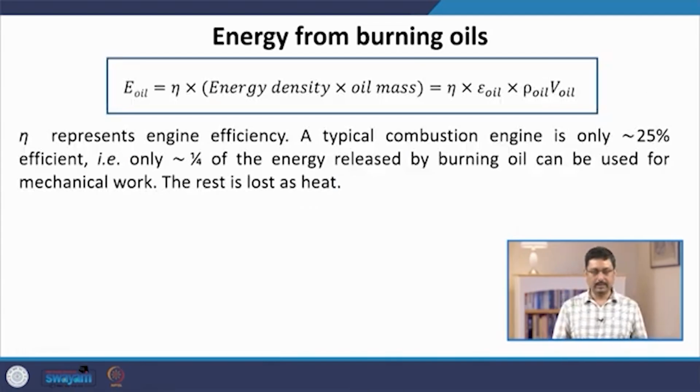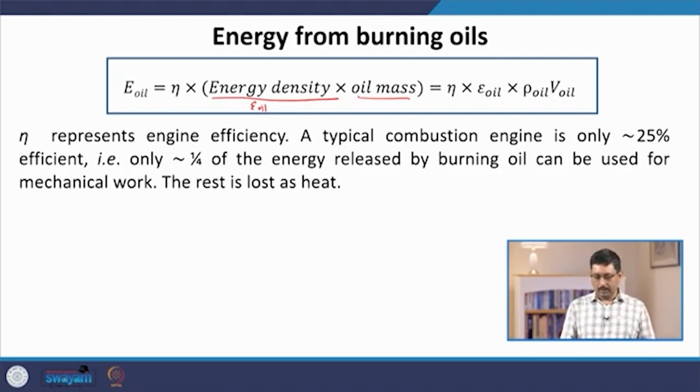Now, this energy is released. This is called the energy density, because it tells you per unit mass, per kg, how much energy you get out of this fuel. Then if you know the total mass of the oil, which is different for different sizes of the car and depends on the tank capacity, multiplying by the oil mass gives the total energy that is released